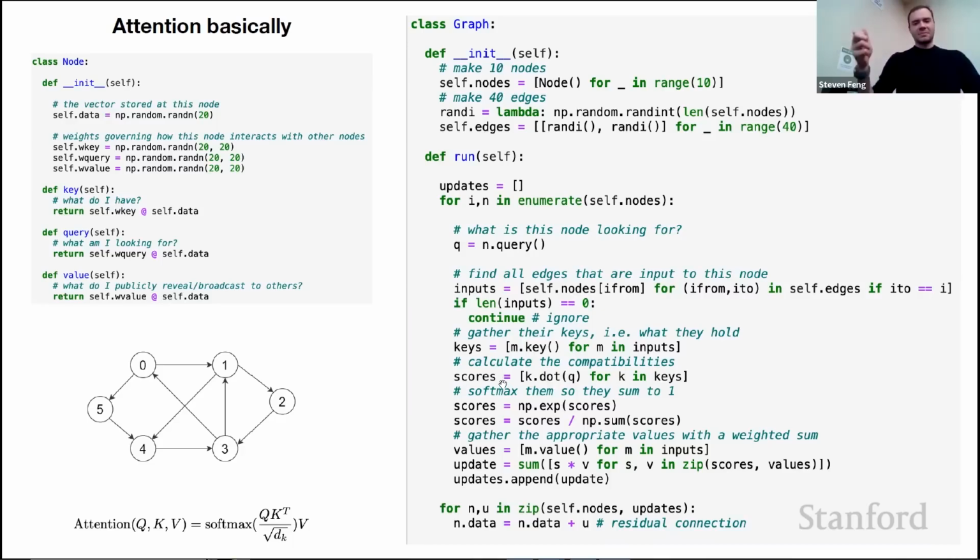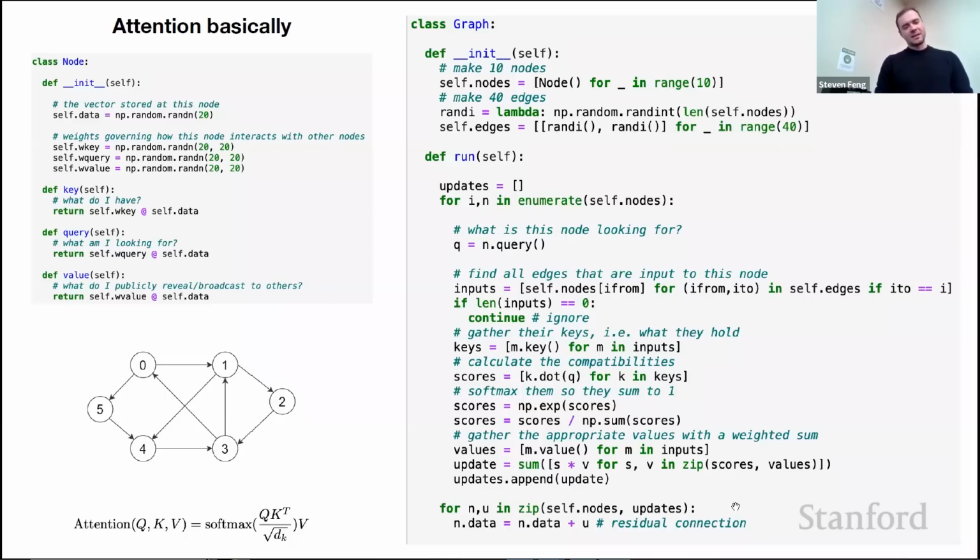Then those interact by dot product to get scores. So simply by doing dot product, you get some kind of an unnormalized weighting of the interestingness of all of the information in the nodes that point to me and to the things I'm looking for. And then when you normalize that with a softmax, so it just sums to 1, you end up using those scores, which now sum to 1 as a probability distribution, and you do a weighted sum of the values to get your update. So I have a query, they have keys, dot product to get interestingness or affinity, softmax to normalize it, and then a weighted sum of those values flows to me and updates me. And this is happening for each node individually, and then we update at the end.